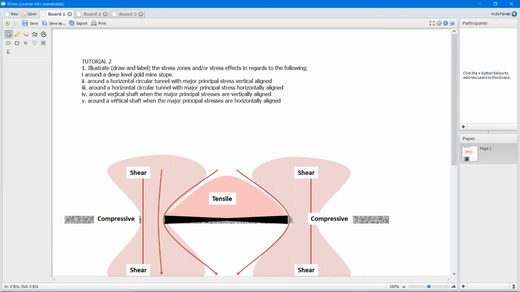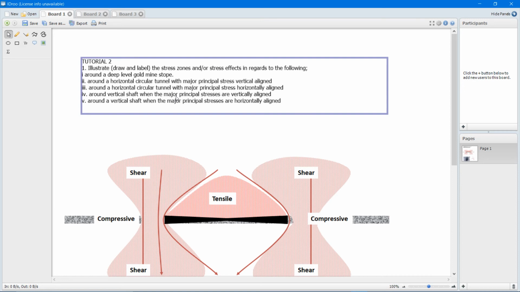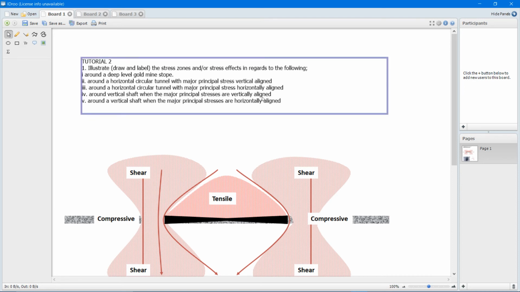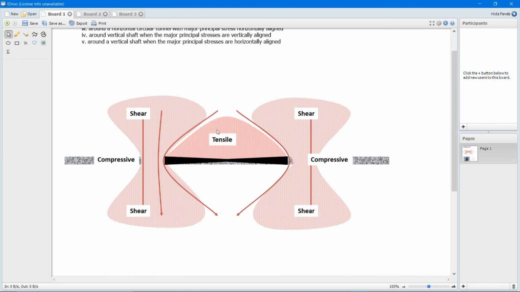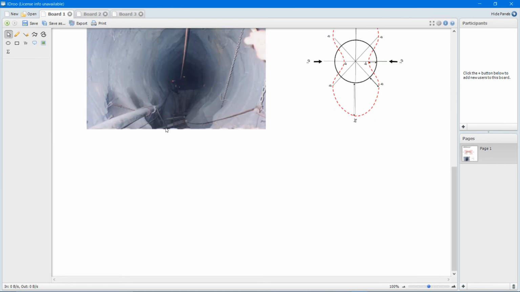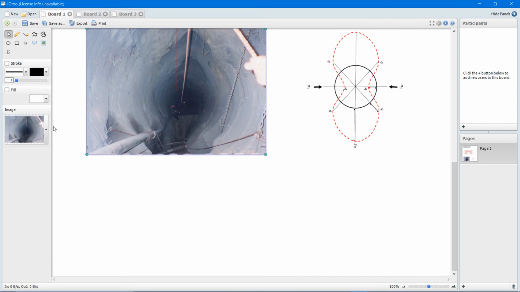And then part 4 is saying around a vertical shaft when the major principal stresses are vertically aligned, right? So when you have a vertical shaft, it would look something like this. And when you have stresses which are vertically aligned, you're saying they're going down into the shaft, right? So you won't experience any kind of stress impacts on the periphery of your tunnel if your stresses are vertically aligned. Now, if I was to depict this in a cross section,